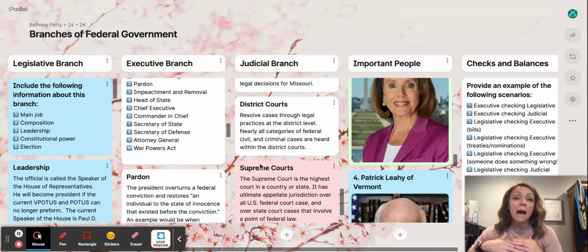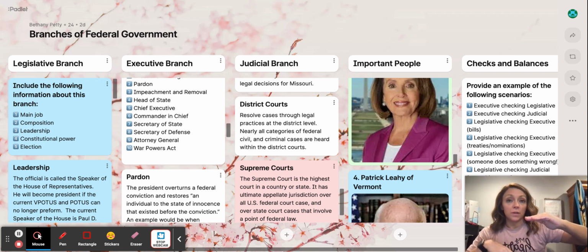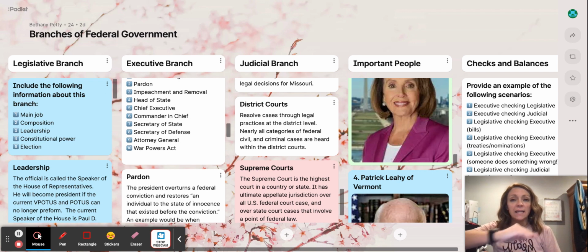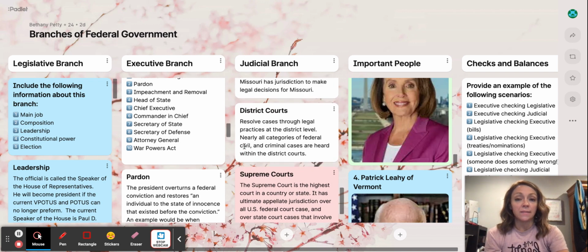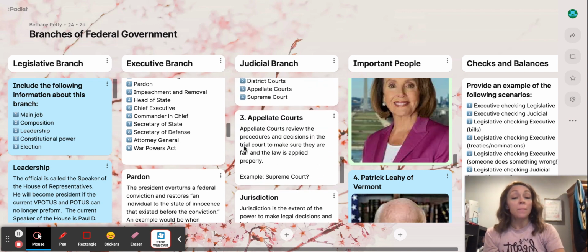Okay. So at the bottom level of the federal judicial system, we have the district courts. Okay, district courts are typically the court that hears cases the first time they're presented. If they're dealing with a federal issue or a constitutional issue, that's going to start right there in the federal district courts. Okay, there are branches of the district courts all over the country, and we'll take a look at that map in class.